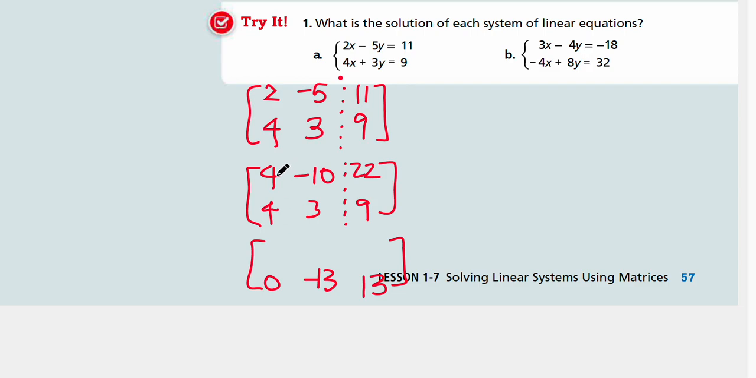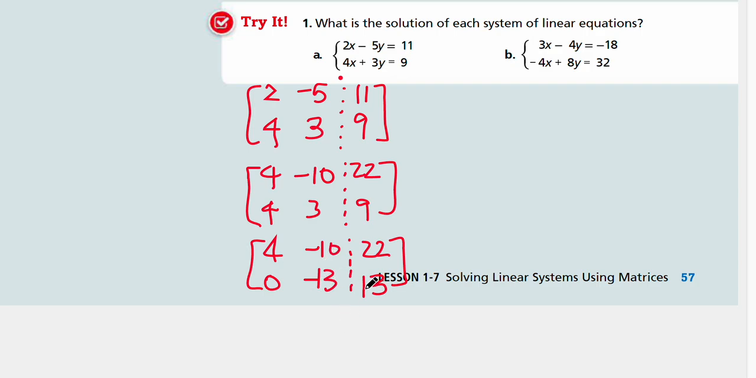And then the first row, I'm gonna divide it by 4 to get 1. And then -10 divided by 4, 22 divided by 4. It's a fraction, so I'm gonna go back and just rewrite the original one. 4, -10, and 22. Okay, and then I want to make this 1, right? And then I want to make that 1 and this 0. So first,